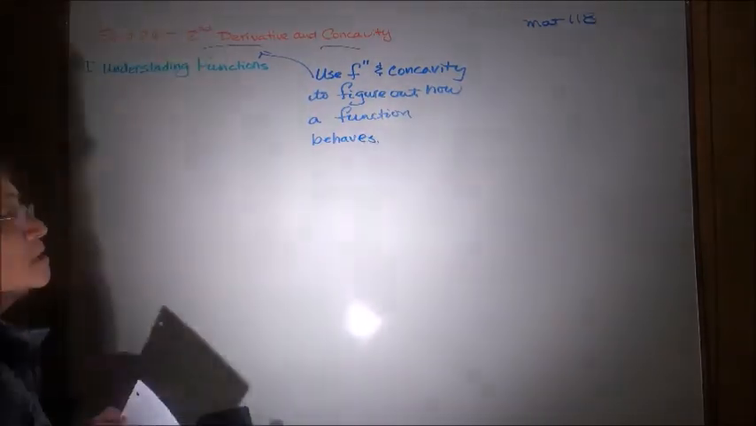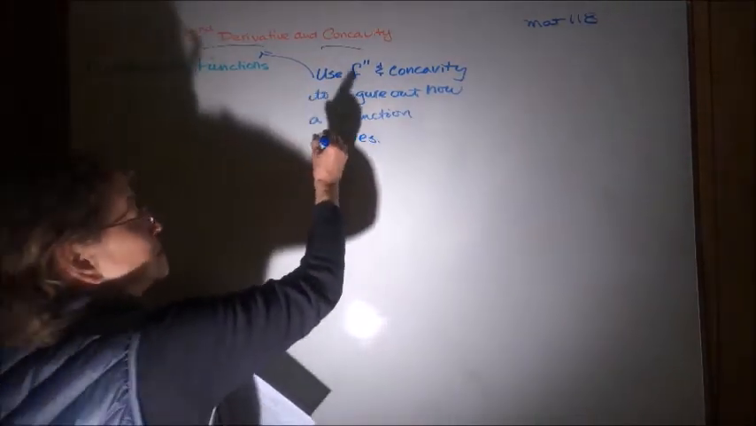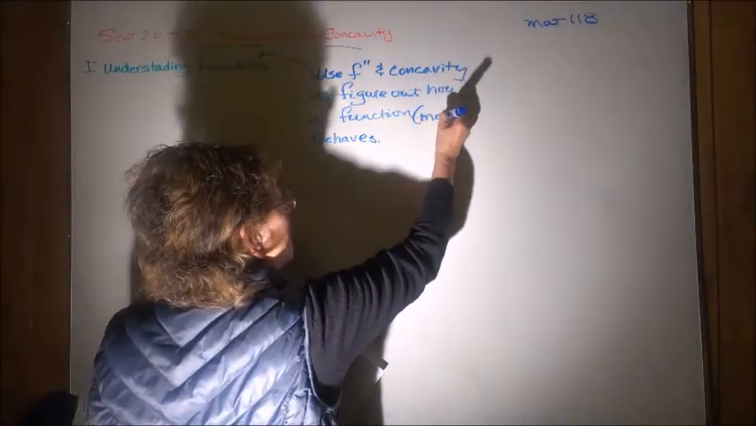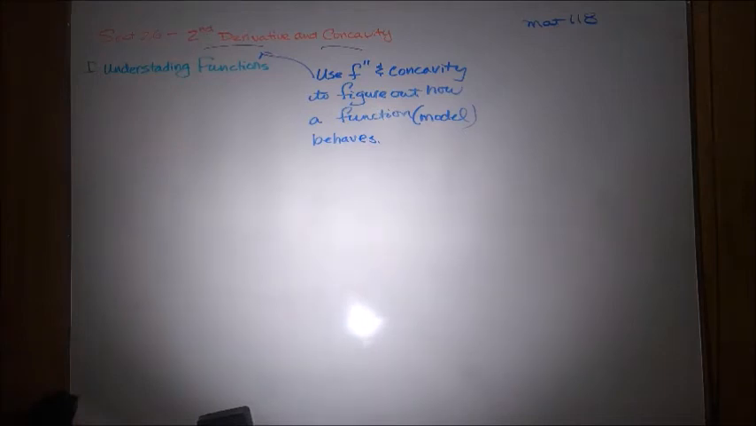Why do we care how a function behaves? Because the function is the model you are using for many situations, okay? You will see. So for economics, for other things. So for the second derivative and concavity,